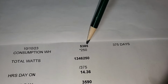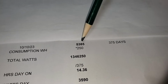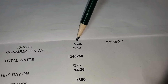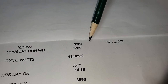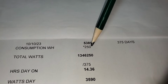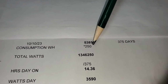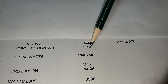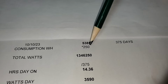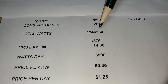Total hours for 375 days, because I was 10 days late from the initial start: 5,800, let's try that again, 5,385 hours. When we started this project, we measured the watt-hour consumption of the set with the kilowatt meter, and it was 250 watts. It was like 246 up and down, somewhere around there. So total consumption of the set over its life so far,